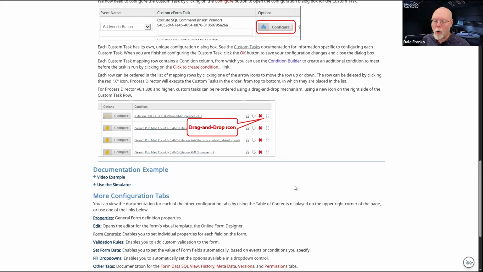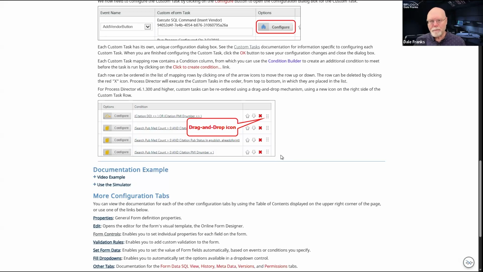That's going to make reordering custom tasks, when you have to do that, much easier and much simpler and take up far less time. One of the things that we're concentrating on is how to make the common things that you do in the product easier. The first iteration of that was changing the online form designer to create the design console over on the right-hand side, where all of your properties, including your field properties, were available to you while you're designing the form. You don't have to close and save the form, go to the Form Controls tab, change the field properties, go back to the form designer. Now it's all done in one spot.